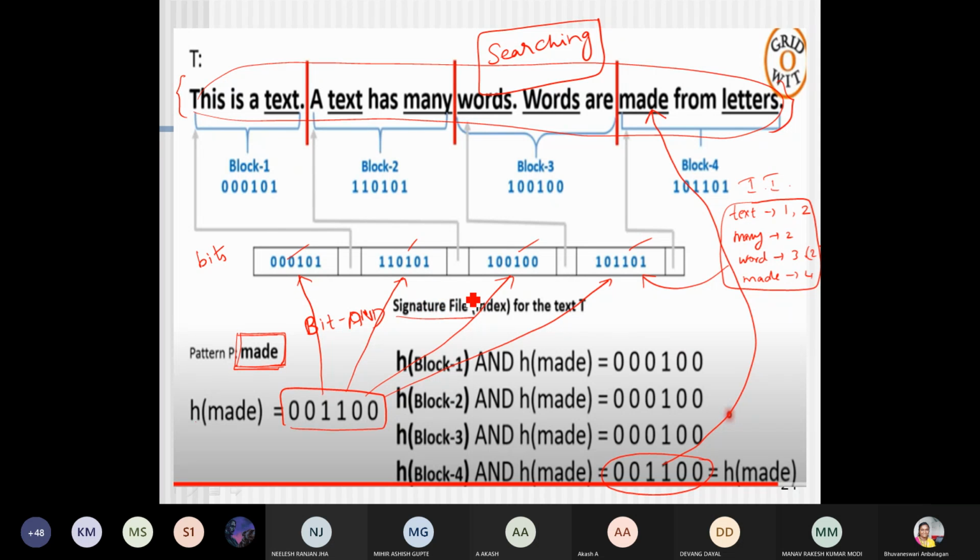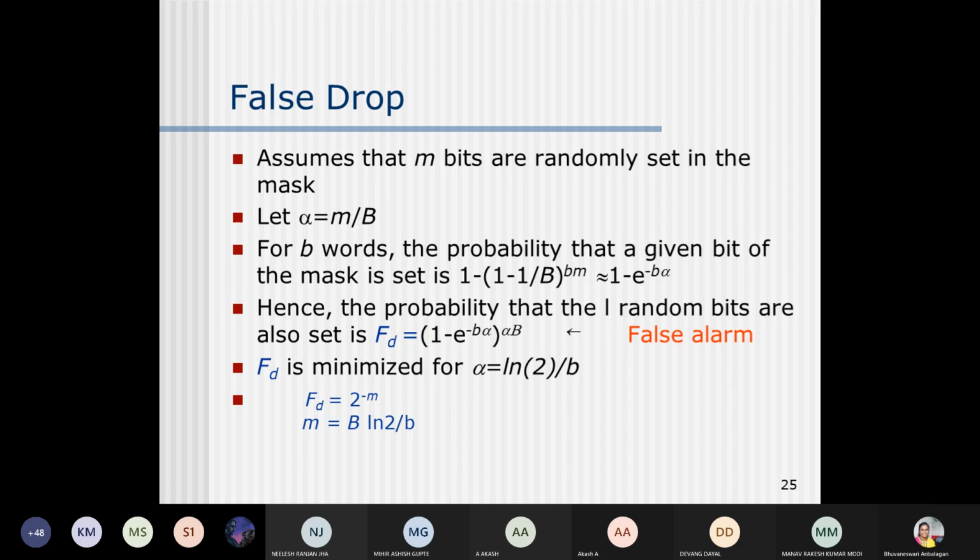But the drawback of the signature file is that it is not compatible when you're encountering a file which is of huge bytes or bits of data. This is limited to certain bytes of data, not GBs or TBs of data. If you try to create an index file, it is very, very difficult. So this is the concept with the inverted index.